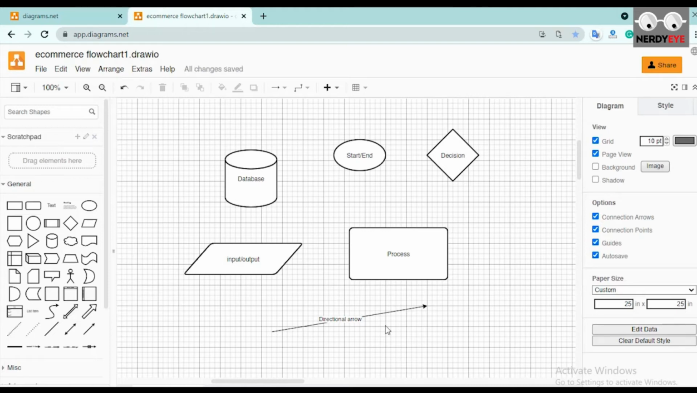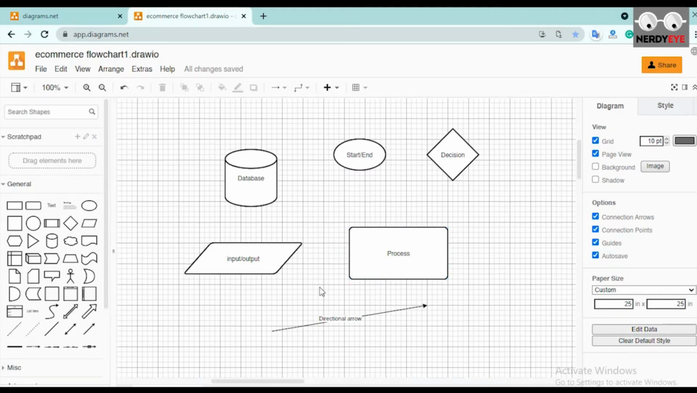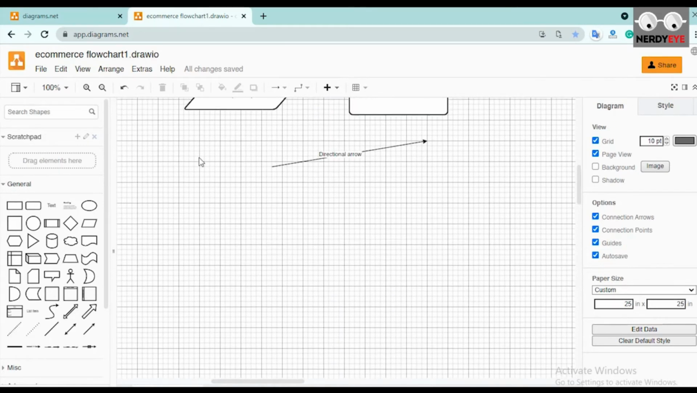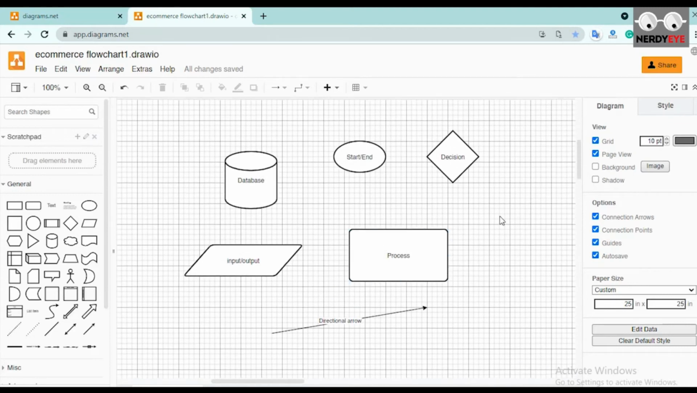Exactly. So we're going to be working with these guys right now. Okay, so we're going to create a simple e-commerce flowchart. That's why you actually titled it like this, a simple e-commerce flowchart. But let me just show you what you can actually do with the